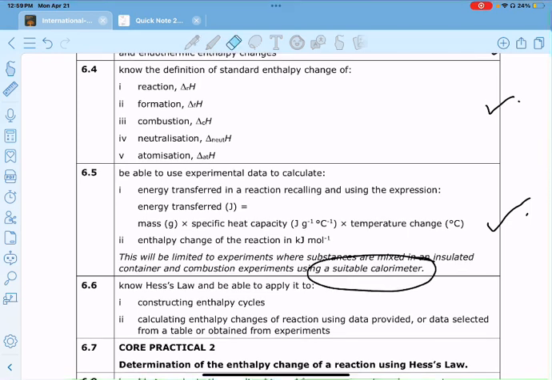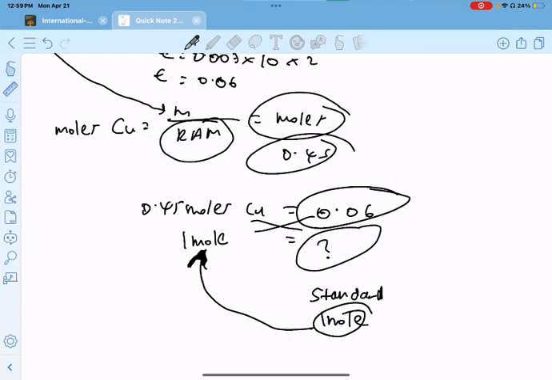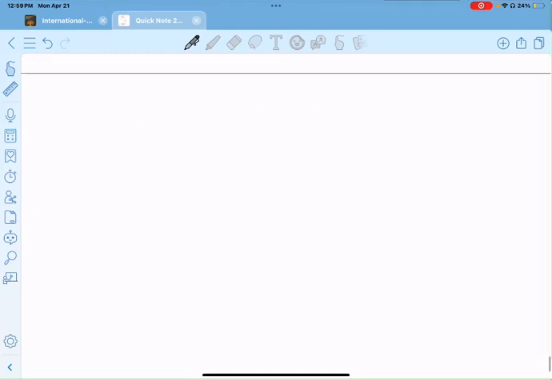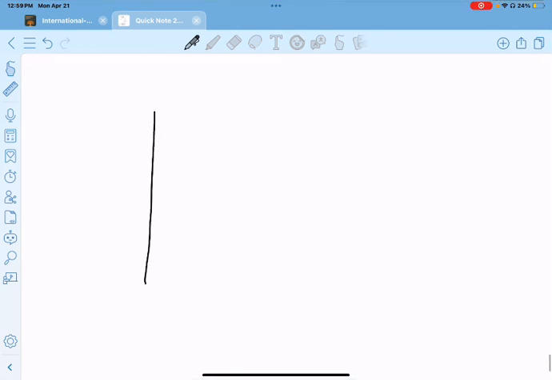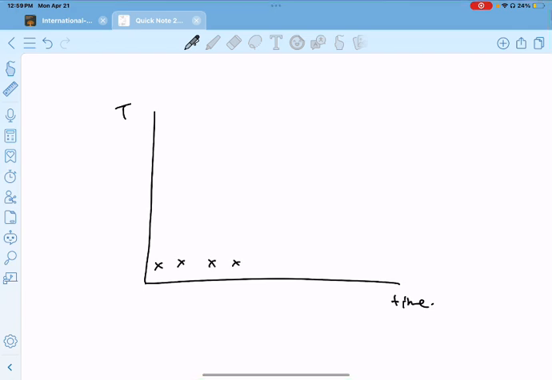So, calorimetry is essentially an experimental method to find the enthalpy change of a reaction by measuring temperature change over time, okay? If you have a graph, this came in my exam last year, so it's best that we note this actually. If you have a graph of temperature against time, and you're an experimenter, you would plot values. Initially, there's no temperature change, but then you note it down every, let's say, 30 seconds, okay? But then the metal is added here. Let's say the metal is added at a temperature of,